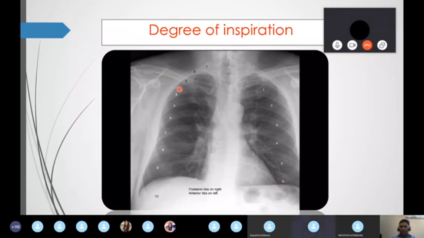Once again, if you want to tell whether the lung is fully expanded or not, when counting AP ribs, meaning oblique ribs, on the right side the fifth rib has to cut the diaphragm, and on the left side the sixth rib has to cut the diaphragm. If you want to count the PA ribs, that means horizontal ribs, on the right side the ninth rib has to cut the diaphragm, and on the left side the 10th rib. When counting 1, 2, 3, 4 like this, the ninth rib has to cut the diaphragm on the right side.